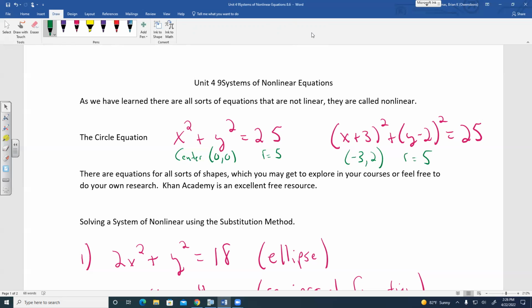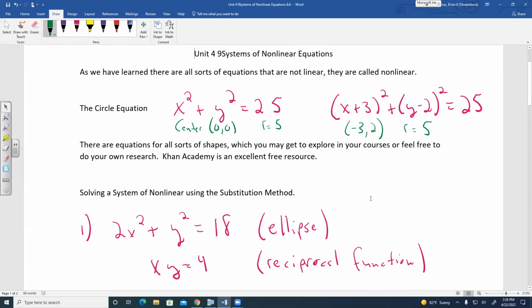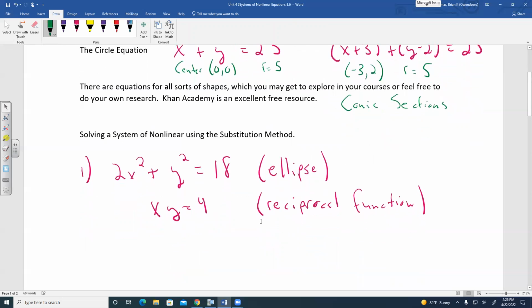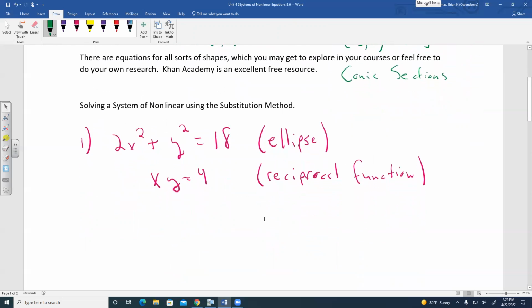So if I had that information, I could rough out a graph of this on a piece of graph paper. Like I said, there are all sorts of shapes you can create. You could explore a lot of these if you want by just doing your own research. Khan Academy is an excellent free resource for a lot of math topics. Feel free to explore what's called conic sections. Conic sections are really cool. If you're wanting to do something in the summer, that would be something cool to explore that I kind of enjoy. It kind of goes along these lines. Anyway,